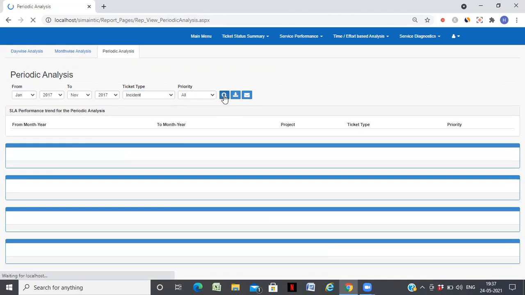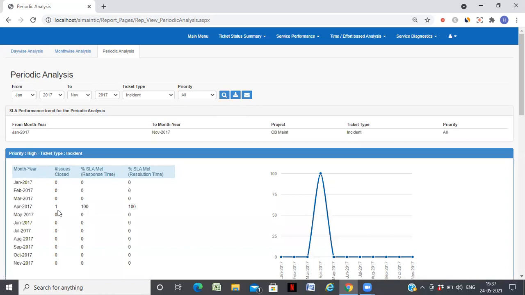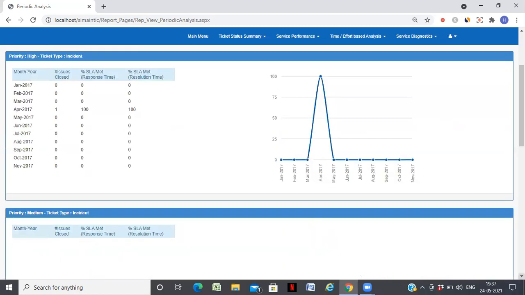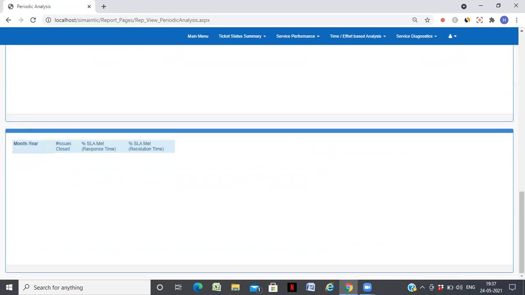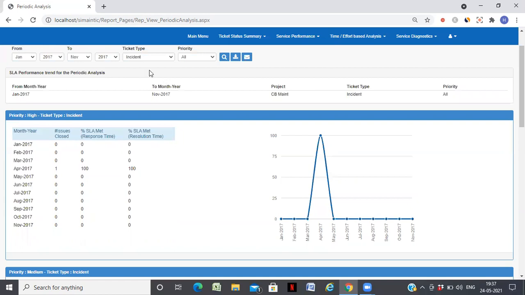If we query the system, it will automatically show the percentage SLA met and resolution time for various categories of tickets. The data is not much, but if you give all tickets, let us see what comes.